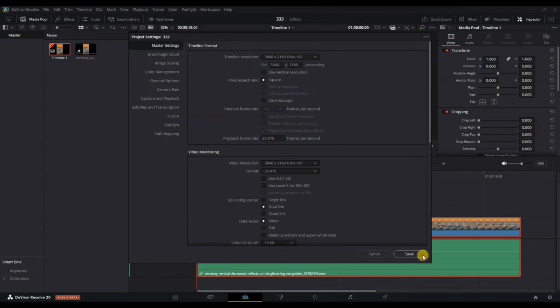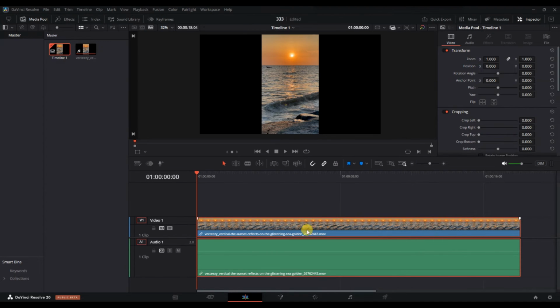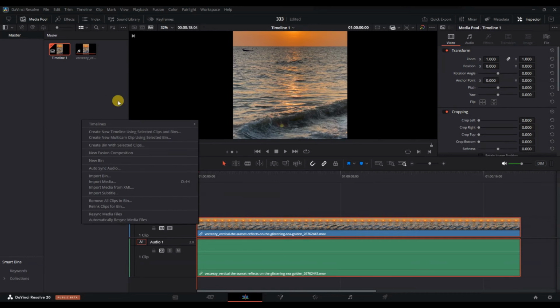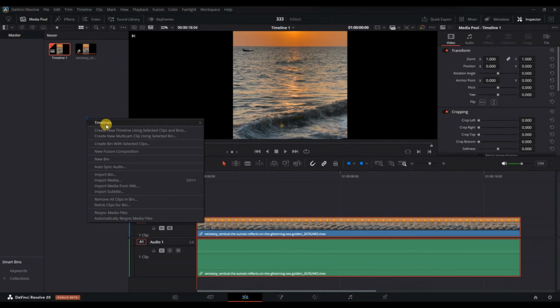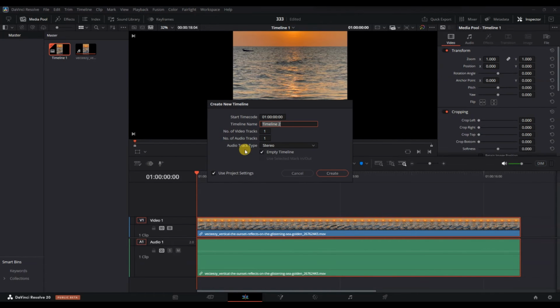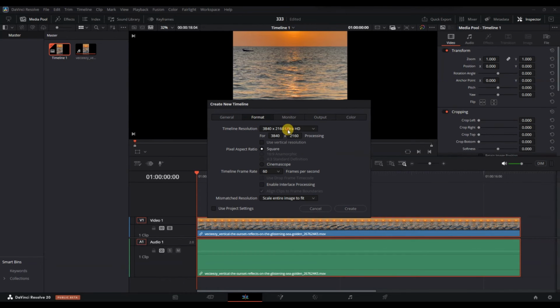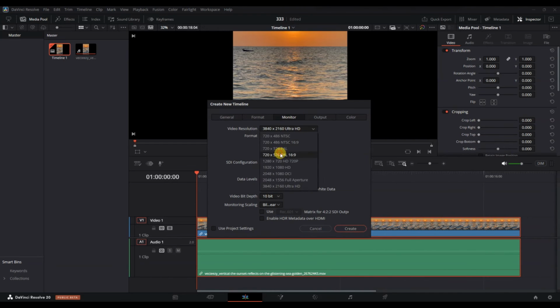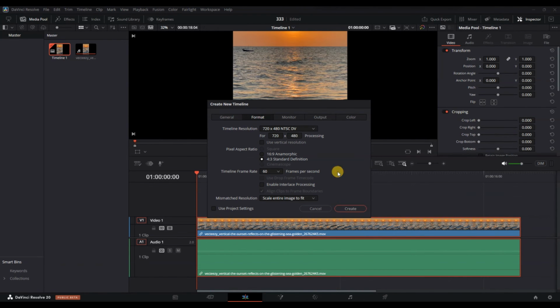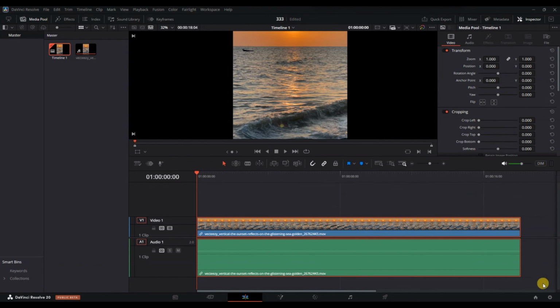If you want to add a new sequence with different settings, you can create a new timeline from the File menu by selecting New Timeline. In the Creation window, uncheck the option to use the project settings and manually set the resolution and frame rate for this new sequence. Finally, after setting your sequence settings, click Create to apply the changes, and your timeline will